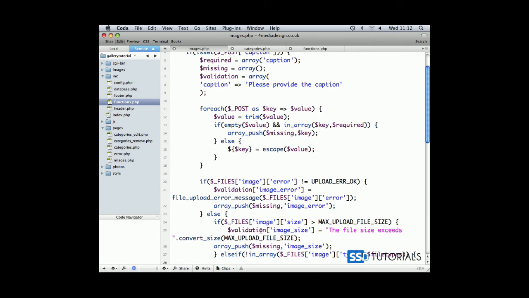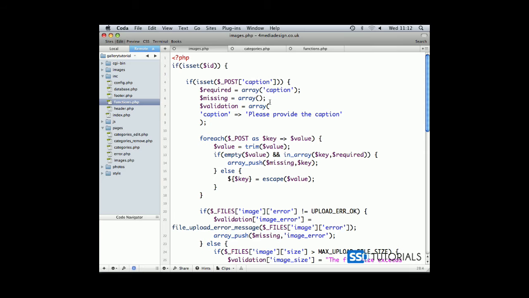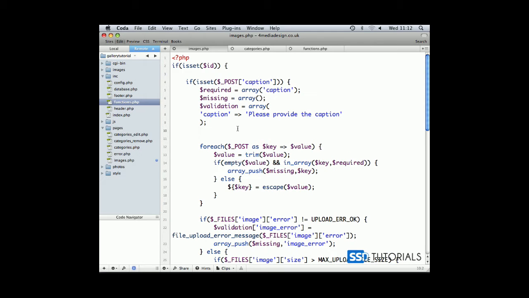So before we continue with this, scroll up to our arrays, and after the validation array, let's create a new one, file types equals array, and now we need to specify the MIME file types. We will be allowing image/jpeg, image/jpeg, image/gif, image/png,